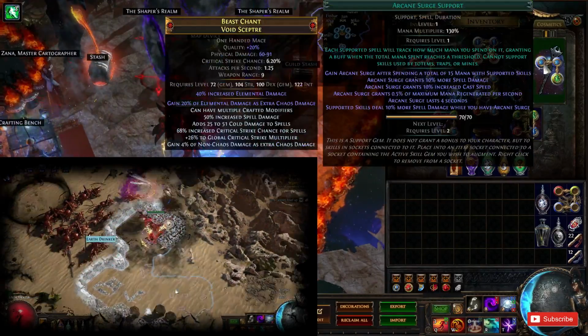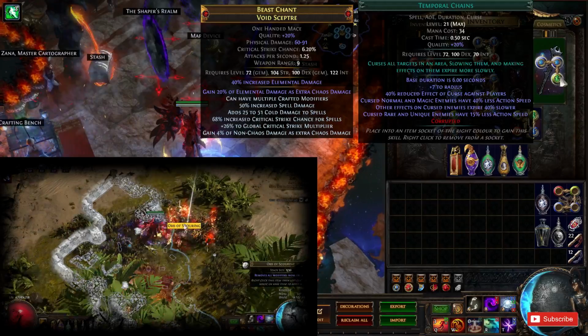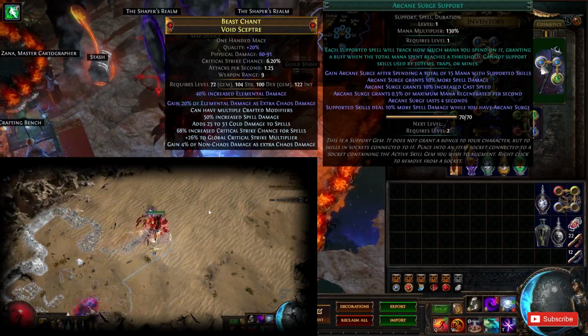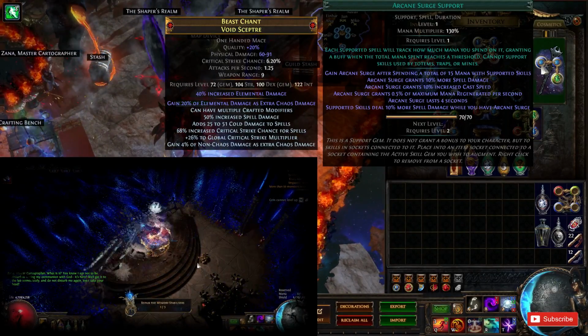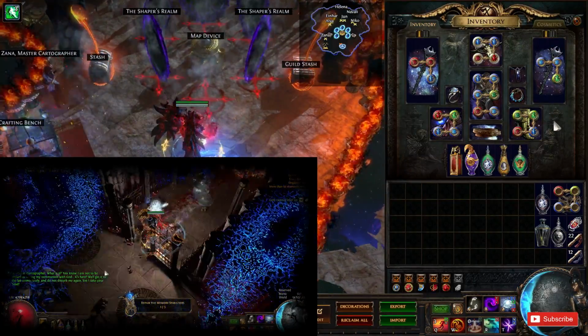I would say this is a must. Then we have Arcane Surge, Blasphemy Support, and Temporal Chain. I have no idea what Arcane Surge is doing here. If someone can tell me in the description, because I think it's only for padding the DPS from the top players on PoE Ninja. I just had it exactly like they had it, and yeah, I'm just gonna leave it